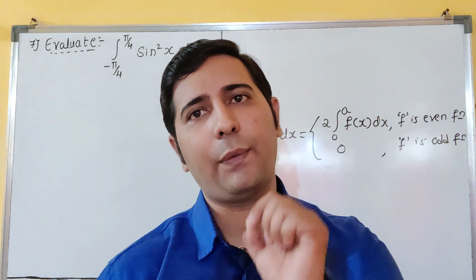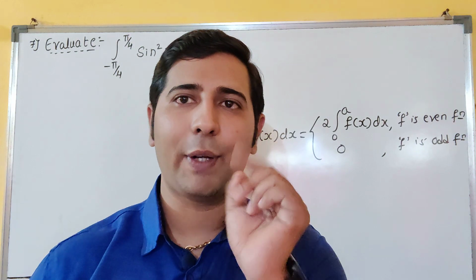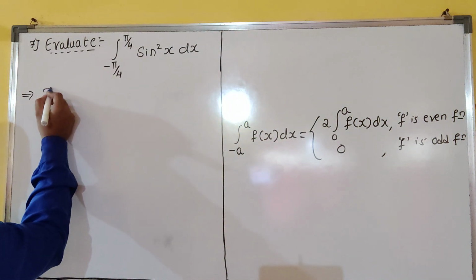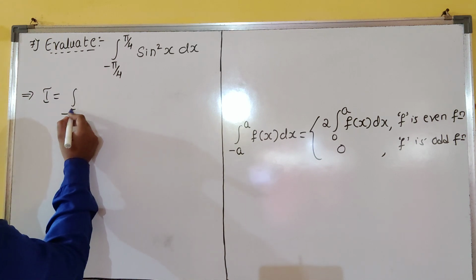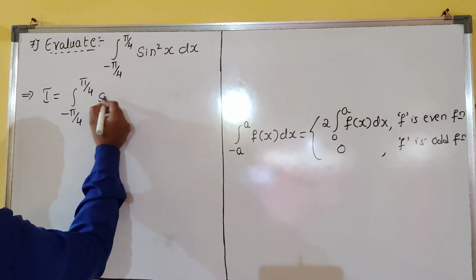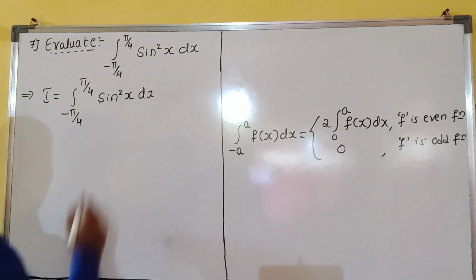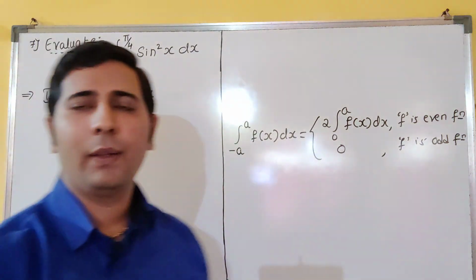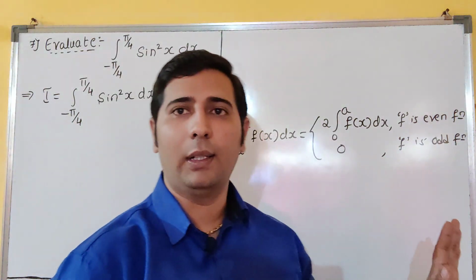First you give the name for that. Without a name it will become a meaningless person in front of you. Got it? So that's why first you give the name. This is a jamun question. Very sweet. Now try to understand how to solve this. So now see here. Integral from minus pi by 4 to pi by 4 of sin square x into dx. Very easy question. Whether it is an even function or odd function, first we have to check that.